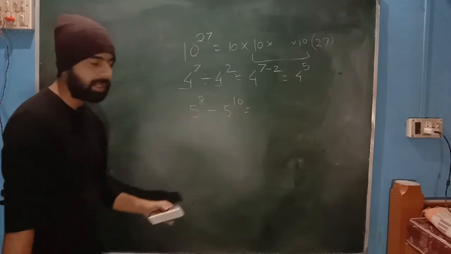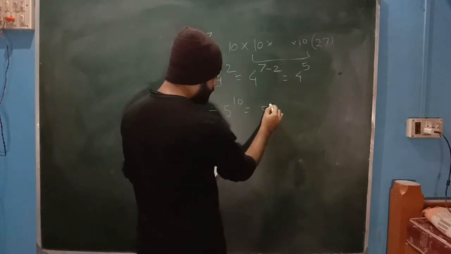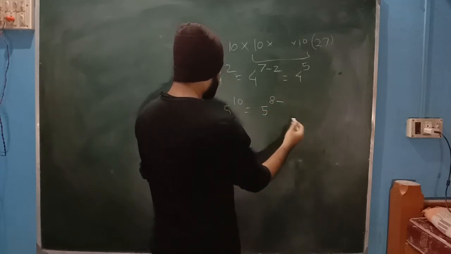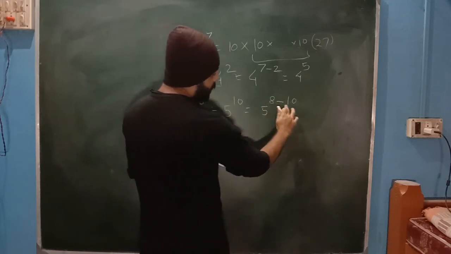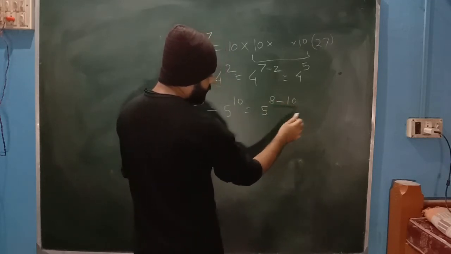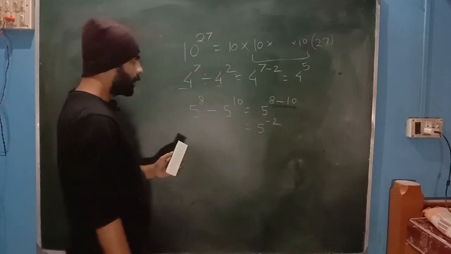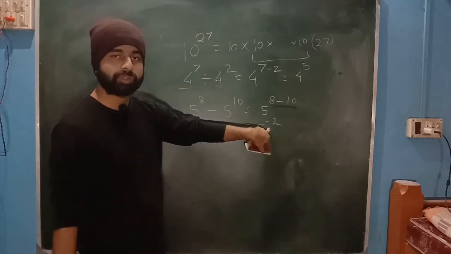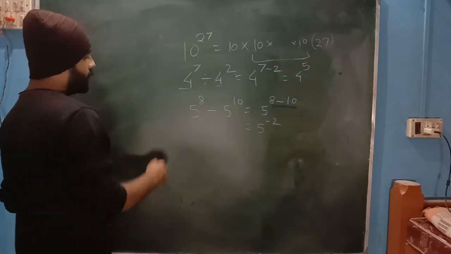So you can see you can multiply it, but something is wrong here, which is 8 is smaller than 10. So now you can simply subtract: 8 minus 10, which will be minus 2. So this is minus 2. Here you will get the minus 2 part, which is a very important thing to remember, because the minus 2 part